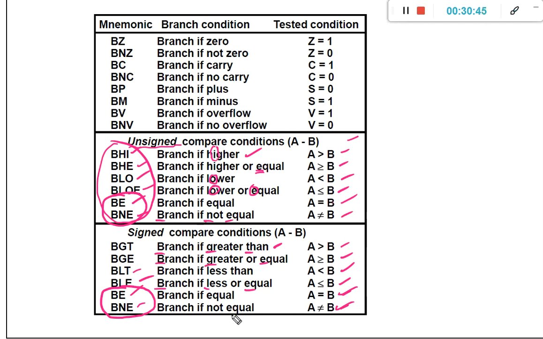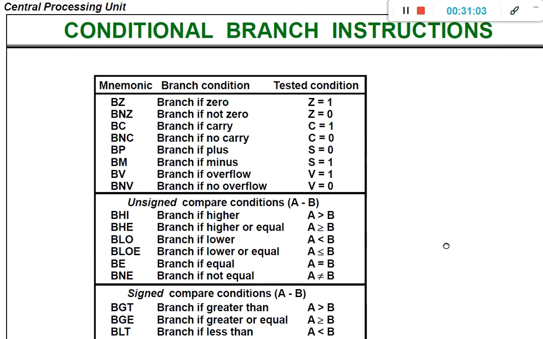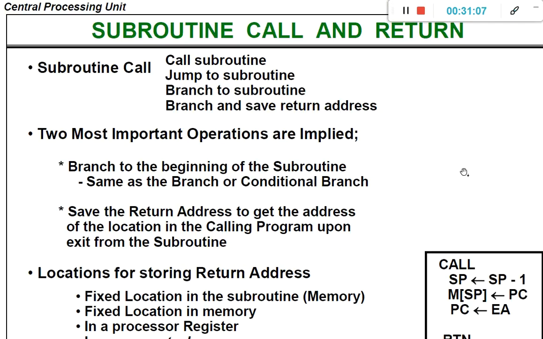Whether we compare unsigned or signed numbers doesn't matter. The mnemonics for branch if equal and branch if not equal are the same in both the unsigned and signed compare conditions. So these are the conditional branch instructions implemented in a particular processor.